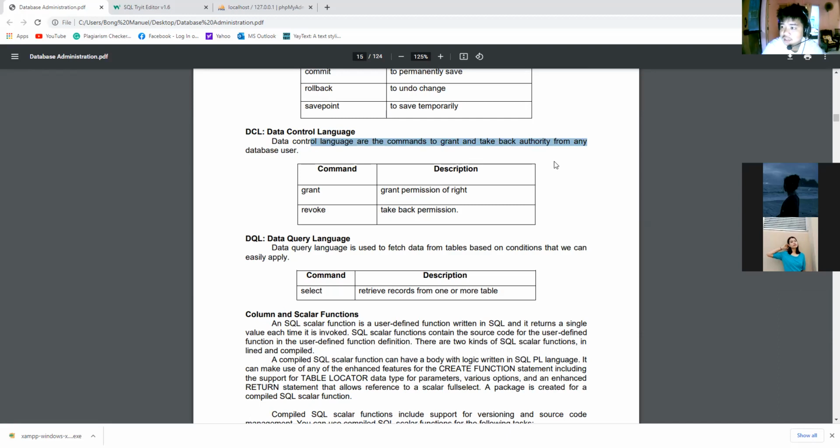Pero, hindi lahat ng functions ng SIS ay pwede mong magawa. Binibigyan ka lang or ginagrant ka lang. Ayan, grant permission of rights. So, may ginrant lang sa yung permission na kung saan pwede kang makapag-add ng subjects mo na pwede mong i-enroll. Ayan. Makapag-view ng grades mo. Okay. Pero, wala kang grant na, okay, pwede kong i-encode yung grade ko. Walang ganun. Okay? That's why data control language is the commands that grant and take back authority from any database